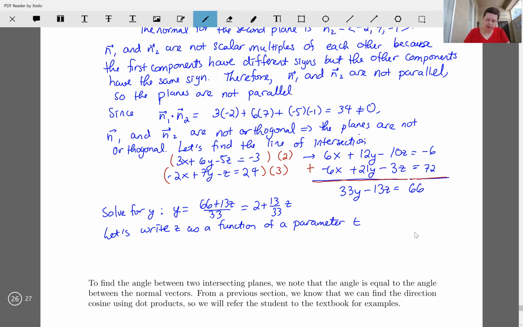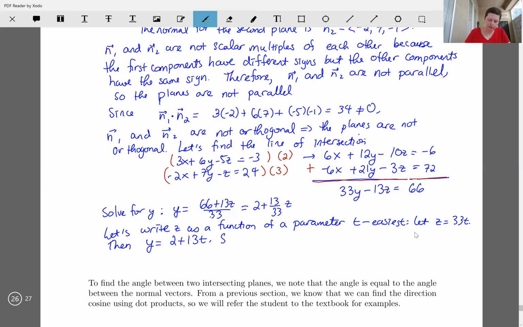The easiest thing for us would be to let z equal 33t, because if I do that, then I get that y is going to be 2 plus 13t. Last but not least,